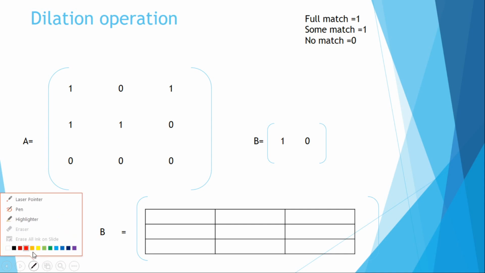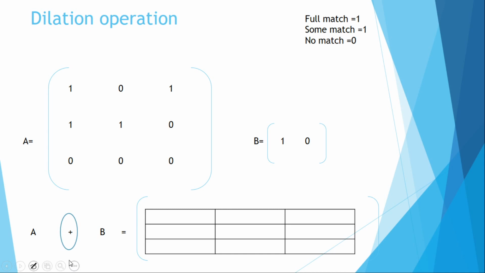So how we can do the analysis is, we have to consider the image in terms of a matrix format, and the structuring element is also in terms of a matrix format. Here we are mainly concentrating on binary images only. The binary images will have values of either 1 or 0. The 1 represents an object value, and 0 represents a background value. And for dilation and erosion concepts, we have to know the origin of the structuring element. I am considering this as the origin for the structuring element.